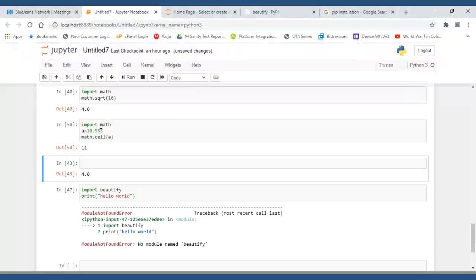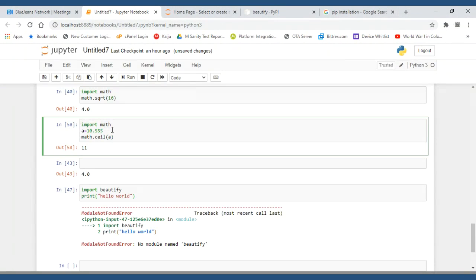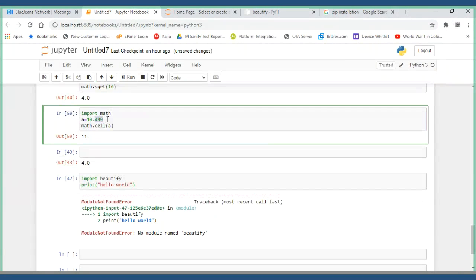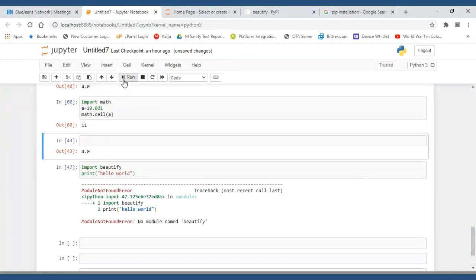Since it is more, 10.555, I think let me change. Like if you have 10.499, which is less than 10.5, let us see what it will get. You will get 11 only. If you have 10.001, you will get 11 only, I guess. More than the decimal value, whichever it is, it will get rounded up to the next figure.